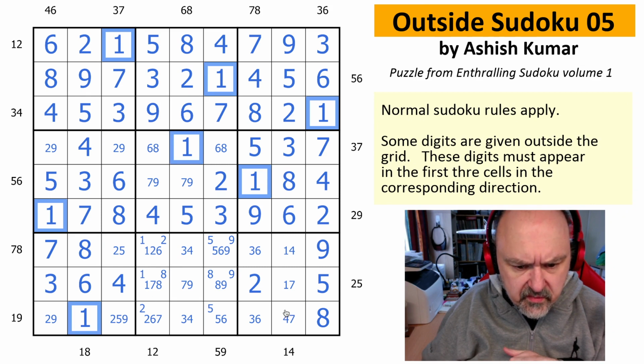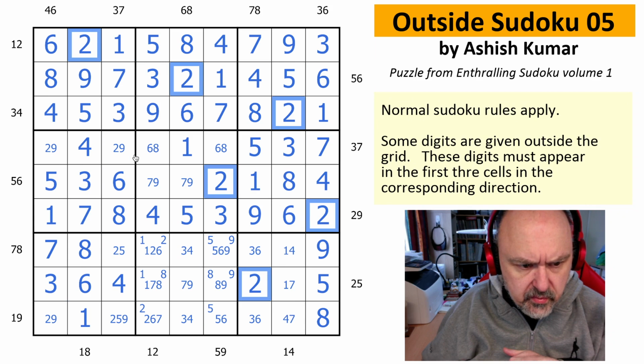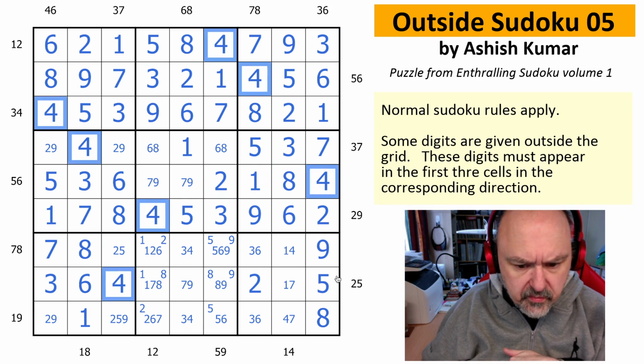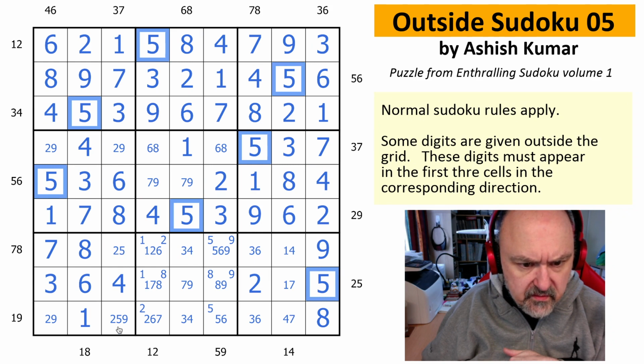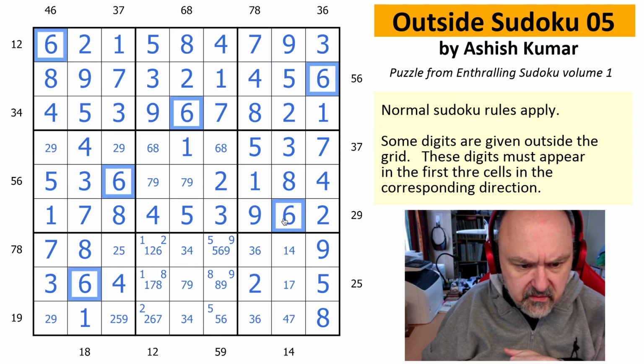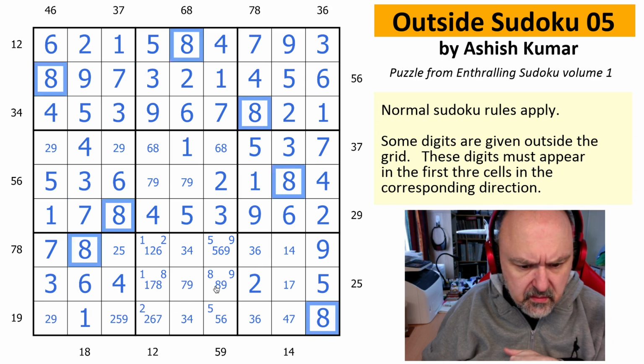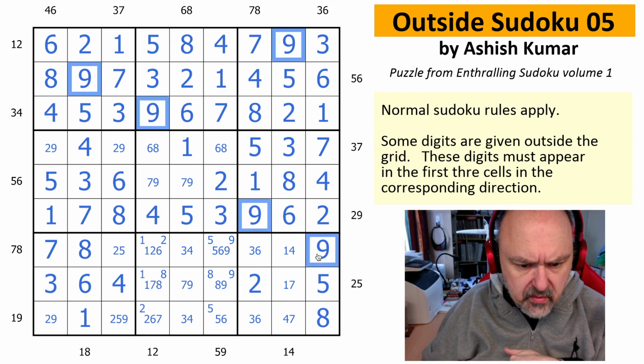So 1 is there and there. 2, 3 is in those two and those two. 4, those two and those two. 5 is in those two and those two. 6, yep, 7, those 3, those 2 and those 2. 8 is in those 2 and those 2. 9,